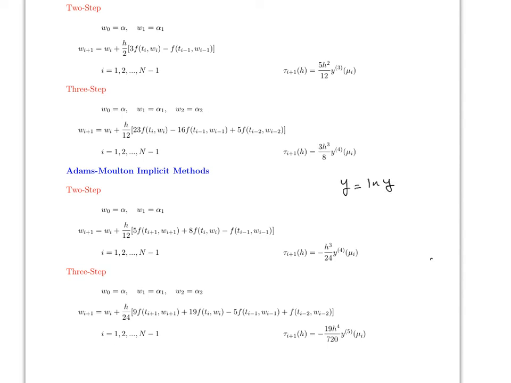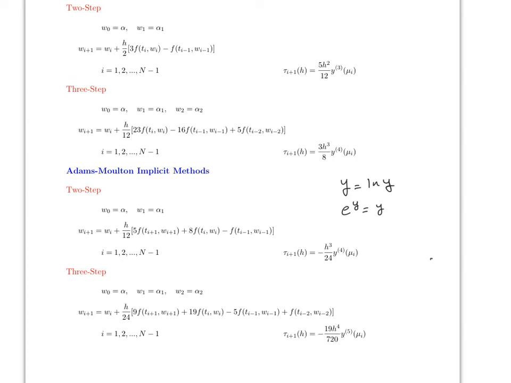It's impossible to solve for y because if you do this, you end up with e to the y equals y, and again you won't be able to solve for y by itself. But if you combine the explicit with the implicit methods, you can get around this,